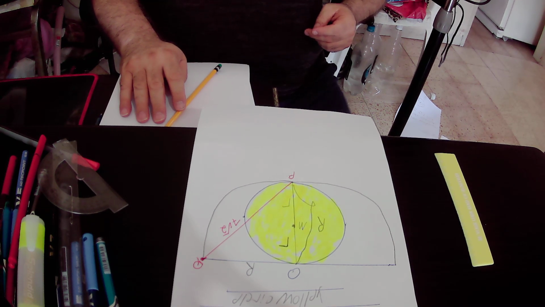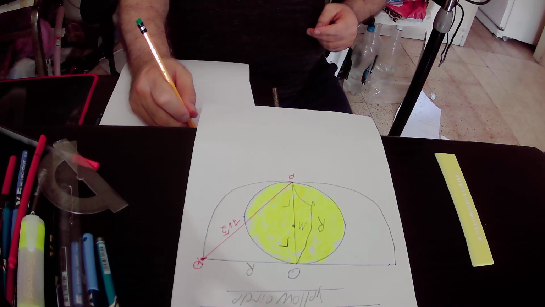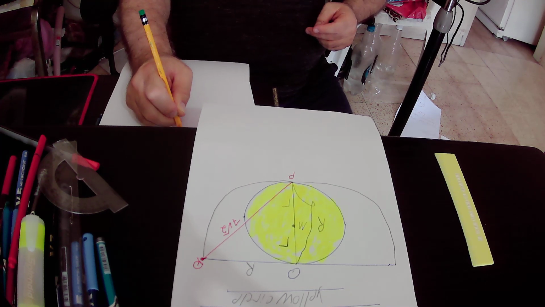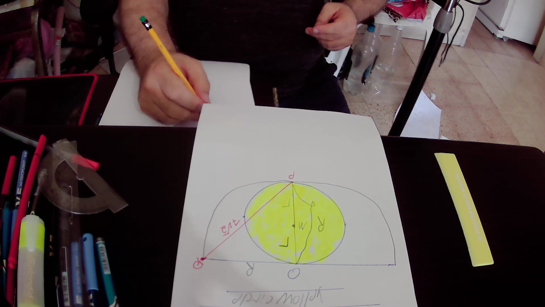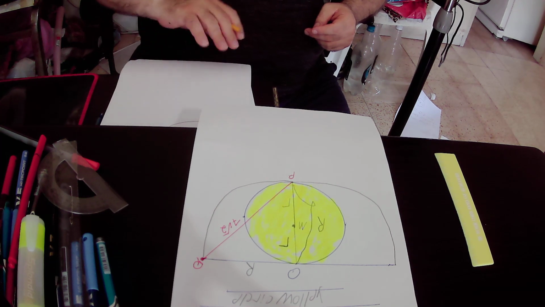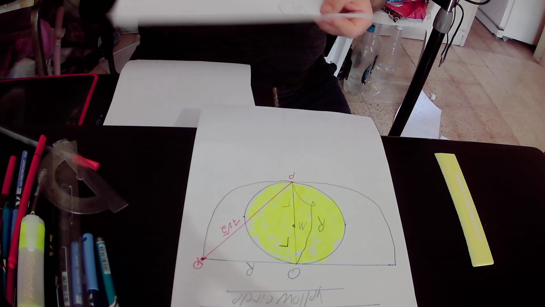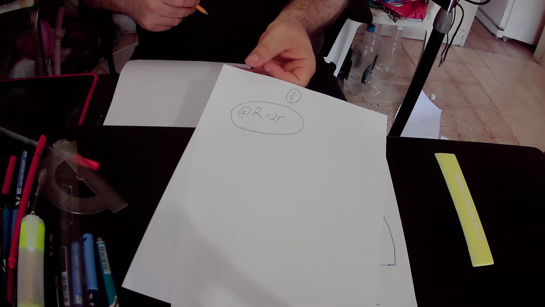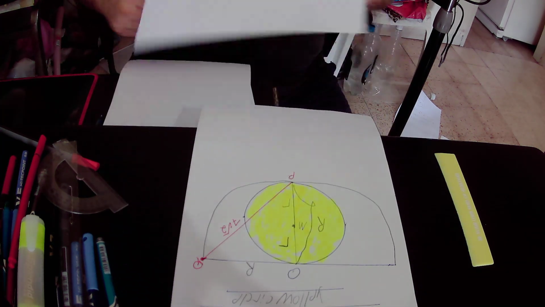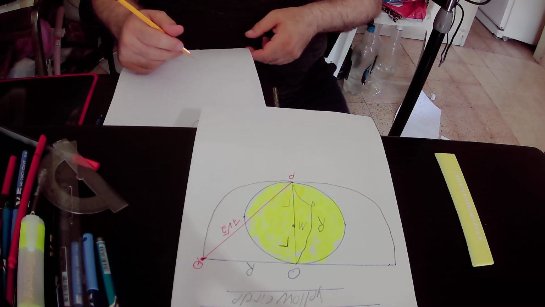the yellow circle. And as you can see from the drawing, capital R equals 2 times small r. I will mark it as equation number 1. So equation number 1 states that capital R equals 2 times r, because as you can see from the drawing,